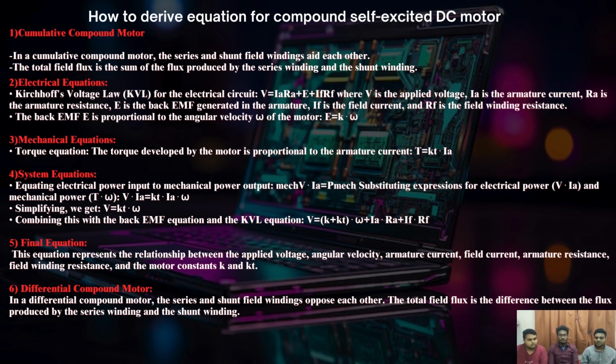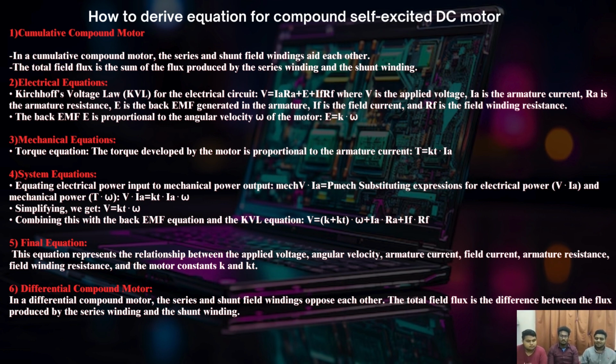First is cumulative compound motor. In a cumulative compound motor, the series and the shunt field windings aid each other. And second is the electrical equation. Kirchhoff voltage law KVL for the electrical circuit: V equals IA RA plus E plus IF RF, where V is the applied voltage, IA is the armature current, RA is the armature resistance, E is the back EMF generated in the armature,